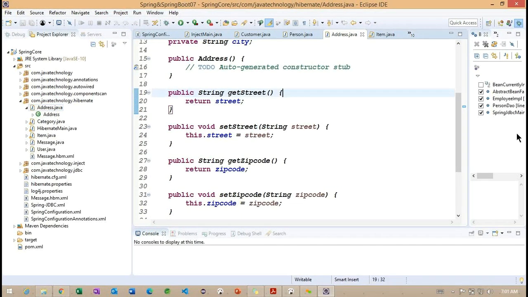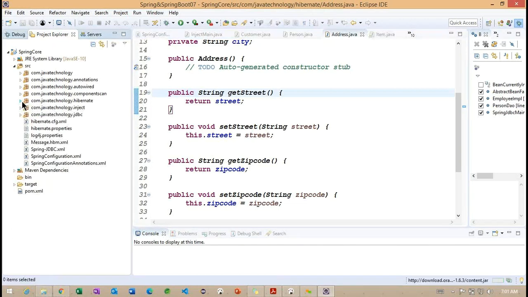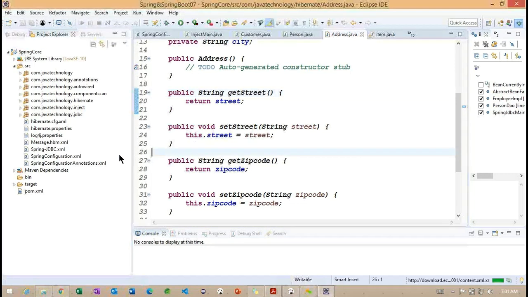Back to here. Now today we are going to discuss the mapping information. To discuss this mapping information, first I am going to work with the category class. Inside this category class, we'll have different properties, and we'll focus on how exactly these different properties are going to work. To understand this, first we need to create the name of the file here.